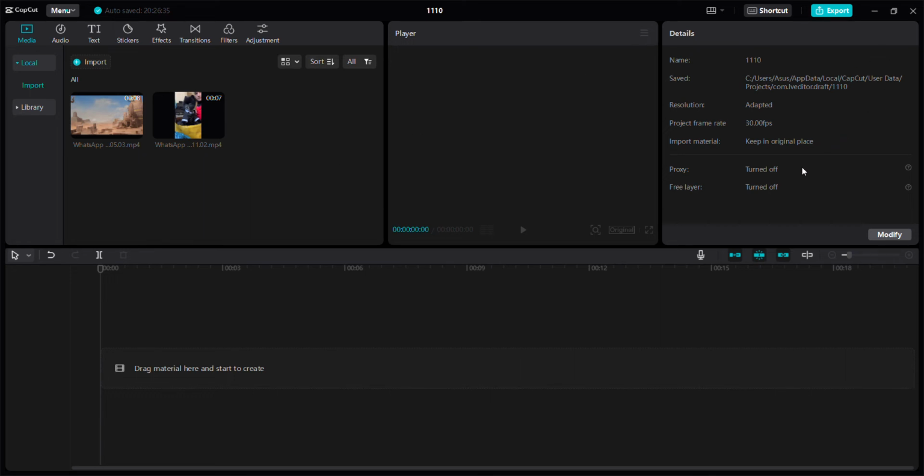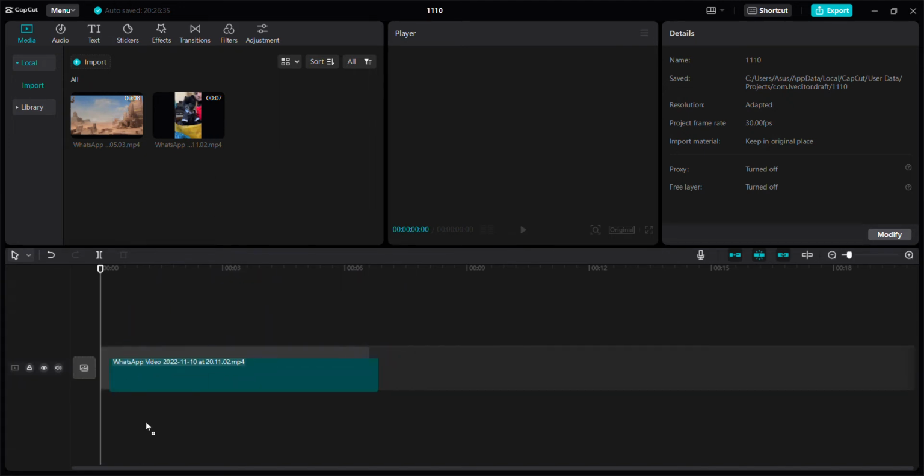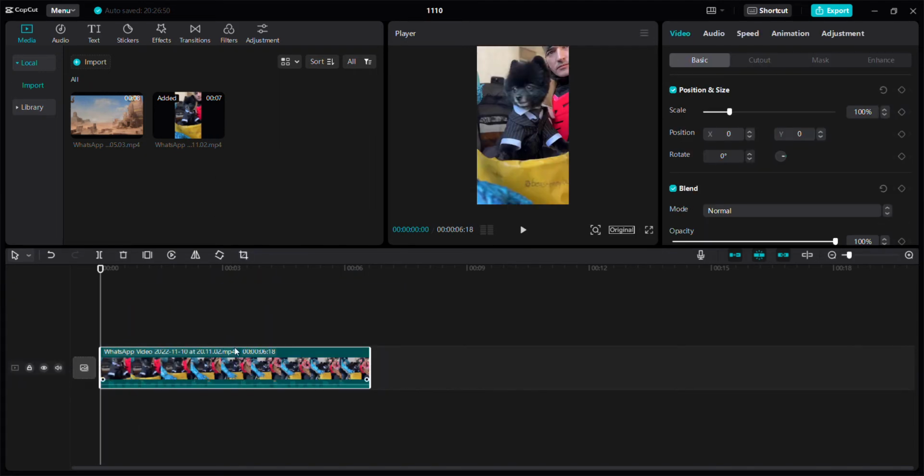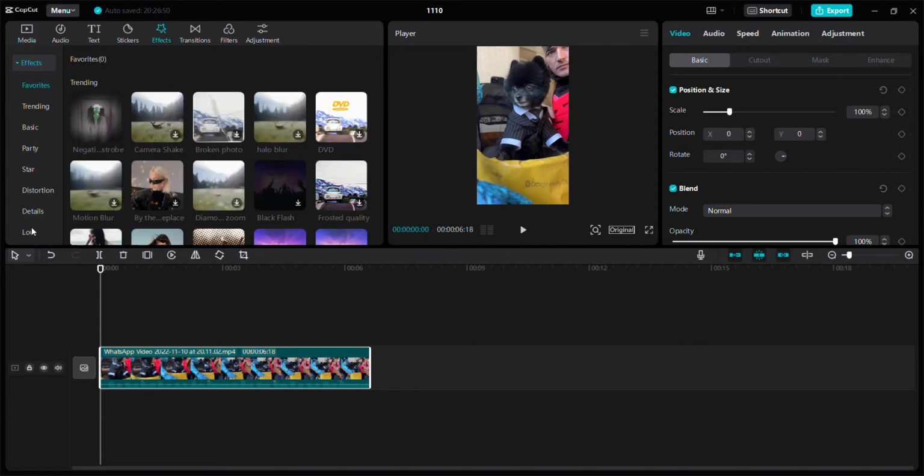Hello everyone, in this video I'm going to show you how to add photo crop challenge to your video in CapCut. For example, add a video as a clip here, and how to add photo crop challenge, just click effect and you can find that effect in